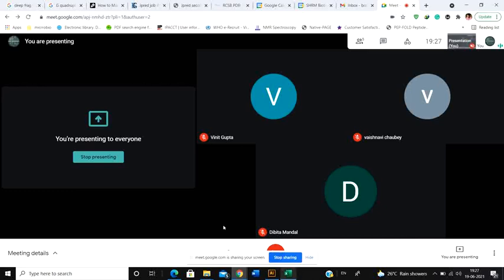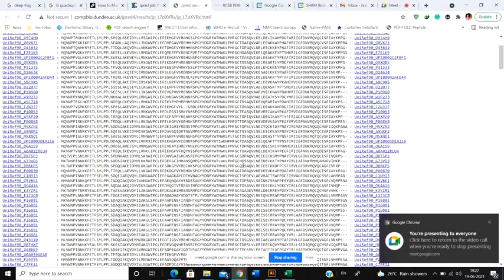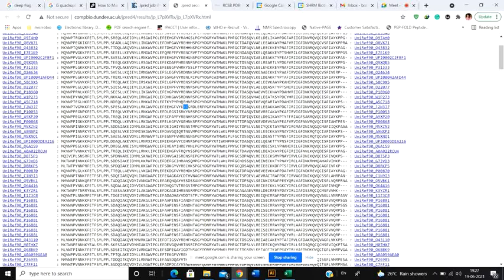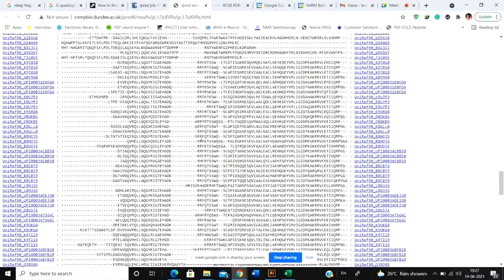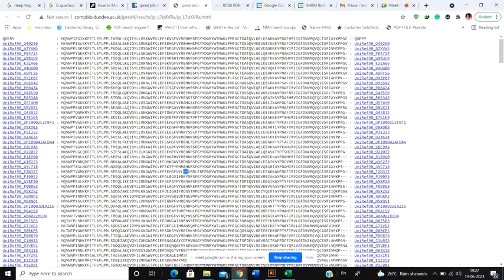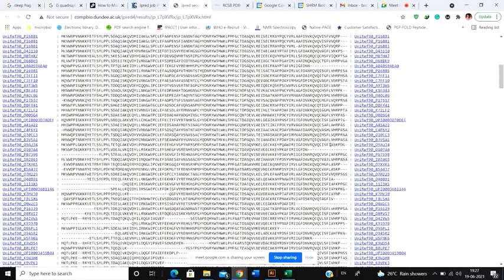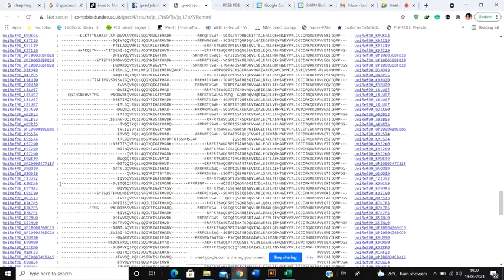So that's what we can also predict from this particular sequence alignment. They have aligned it and they're showing you the region. For example, in this particular case, there are two major mutations. There is a deletion mutation in this particular case. So that's what we can gather and infer from this particular website. And if you scroll down a lot, these start with the highest sequence similarity, and as you come down, the similarity decreases until you have a protein in which the major portions are either deleted or mutated.